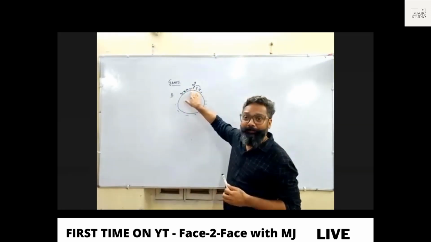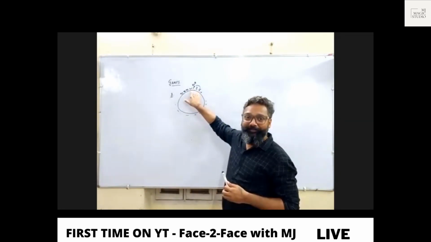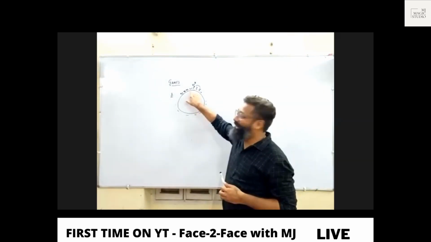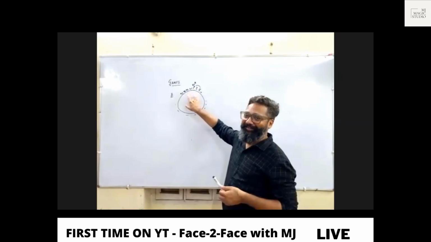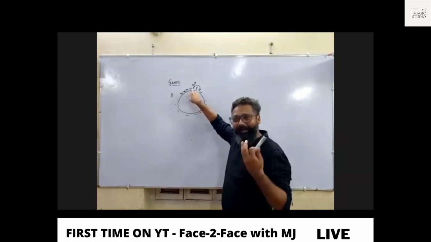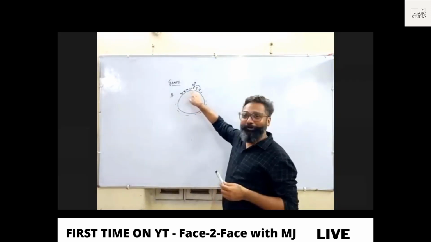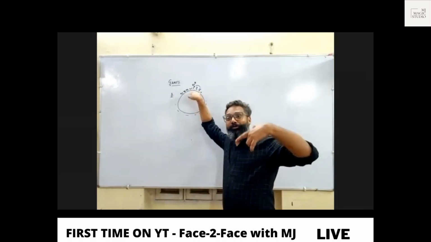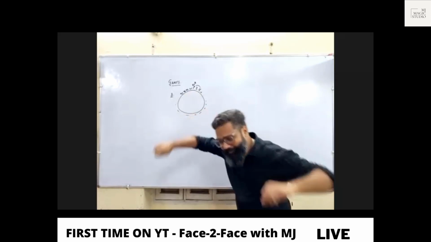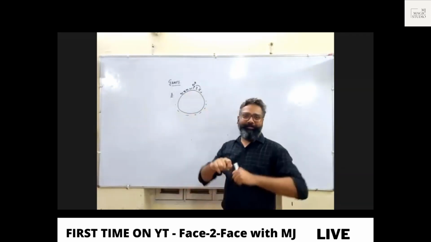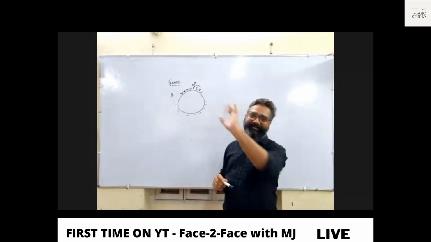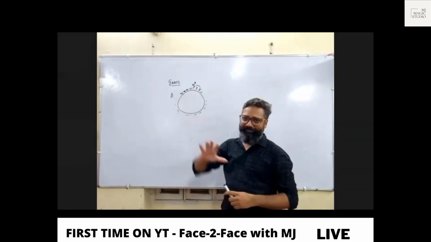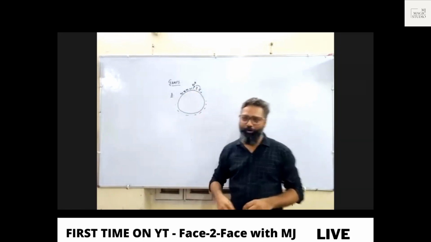Then 100 will kill... 100 will kill. Arey, 100 is so dead. 100 is dead. 99 has killed 100 and passes it to 1. Now 1 will kill 3 and pass it to 5. This will go on till there is only one survivor in the circle. Identify the roll number of that survivor. Take your time. Enjoy.